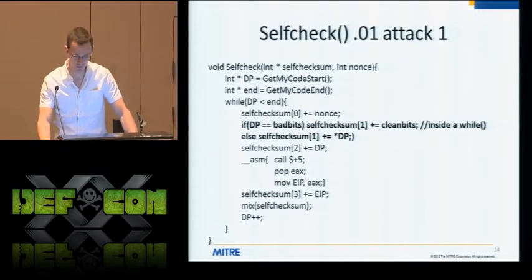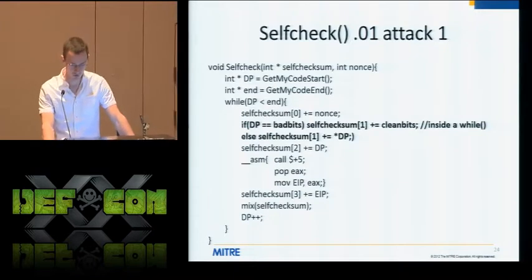Okay. With this new self-checksum in mind, an attack against it would look something like this. We have the same sort of loop set up where we're iterating over our own code and incorporating these key components like the data pointer, star DP, the data at the data pointer, the EIP and so forth. So if an attacker wanted to forge that checksum while still tampering with the code, you would basically have